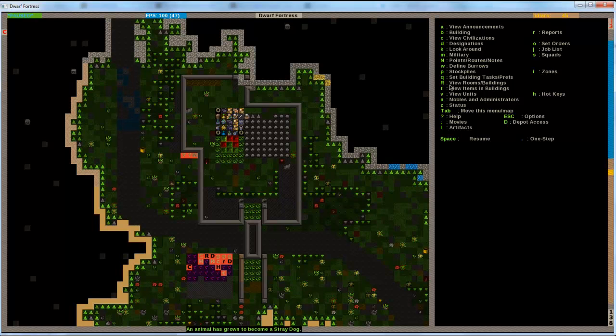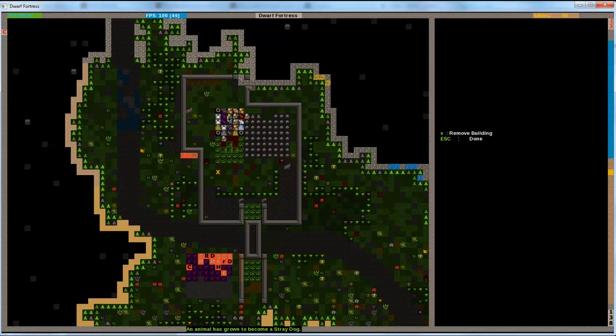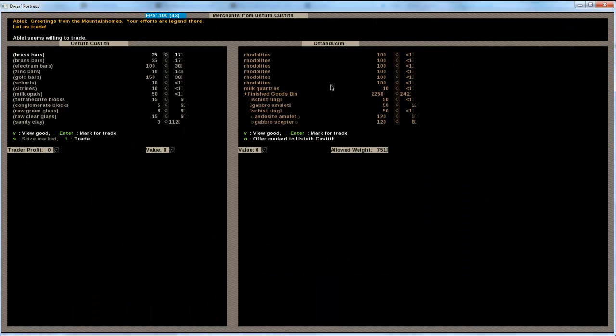There he is. This is the broker. That's his little tiny icon. So we go to the trading depot again, and you see now that the option T for trading is white and it's available. So we press T, and you see here on the right side, this is our stuff that we set up for trading, and on the left side there's the stuff from the Dwarven people that they offer us to trade. There are also two numbers attached